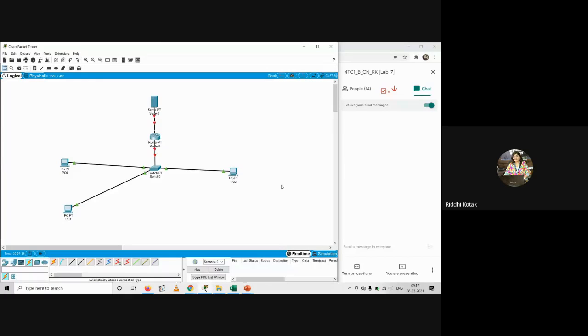Okay, now we have to start configuring these devices. So first put your cursor at the router end. At this end it is FastEthernet 0/1. At this end it is FastEthernet 0/0. First simply check, right? And I'm waiting because many students are starting now. So first you complete this.